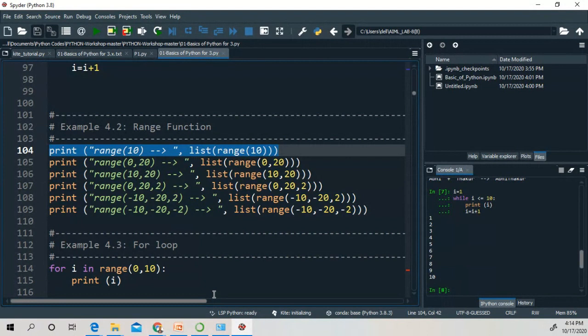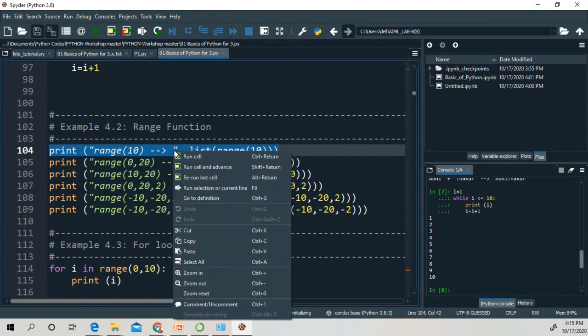So I have given you a hint. It will start from the first number till the ninth number. Write in chat box for the first line of code. Range of 10. It will display the range starting from 0 to 9. Okay, understood?